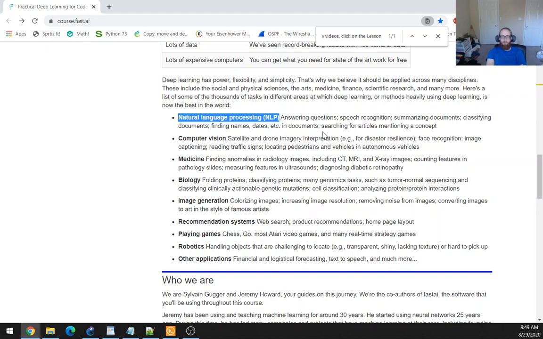Biology, folding proteins, classifying proteins, many genomic tasks such as tumor-normal sequencing and classifying clinically actionable genetic mutations, cell classification, analyzing protein-protein interactions, image generation, colorizing images, increasing image resolution, removing noise from images, converting images to art in the style of famous artists, recommendation systems, web search, product recommendations, homepage layout, playing games, chess, Go, most Atari games, many real-time strategy games,